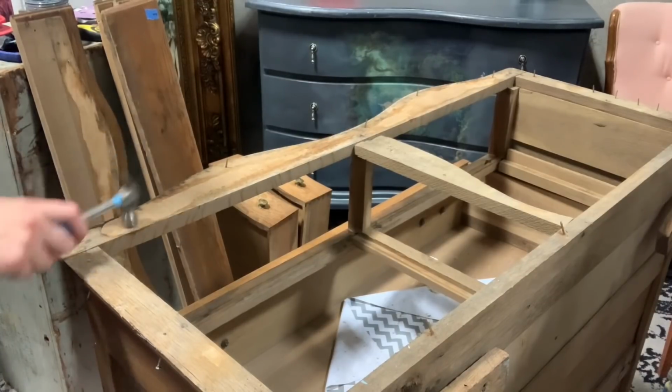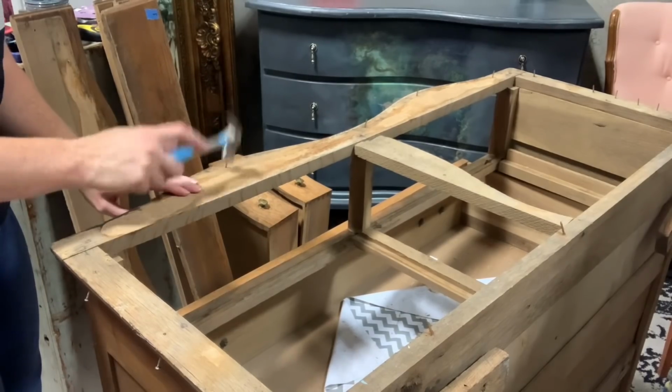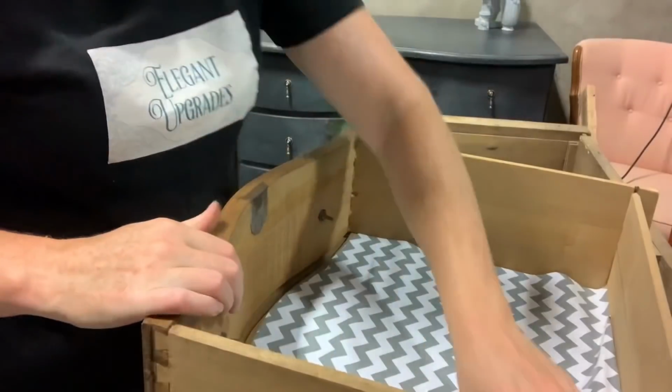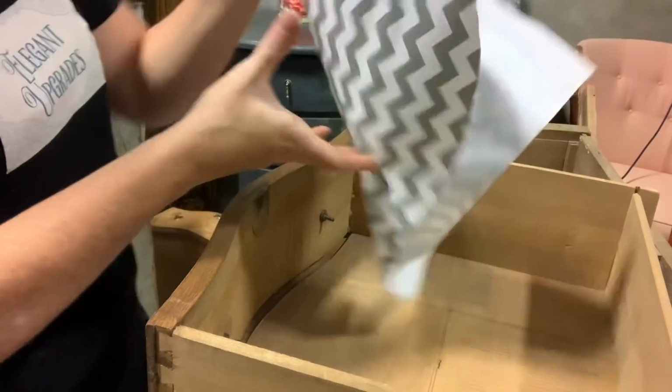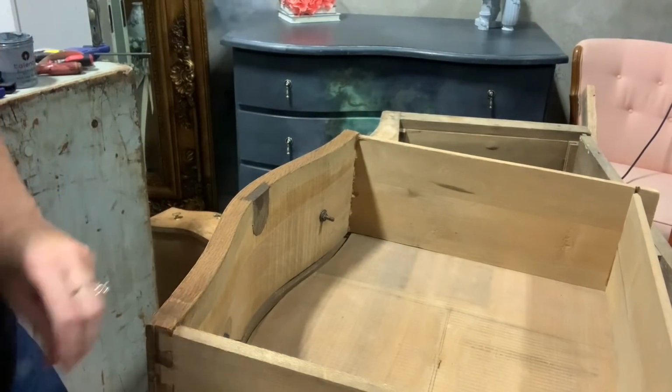This thing had so many nails in it, and I think that's what actually caused the issues with the top so much, is because at one point it got wet and the nails didn't allow for expansion and contraction, and it just kind of let the glue lines bust. So